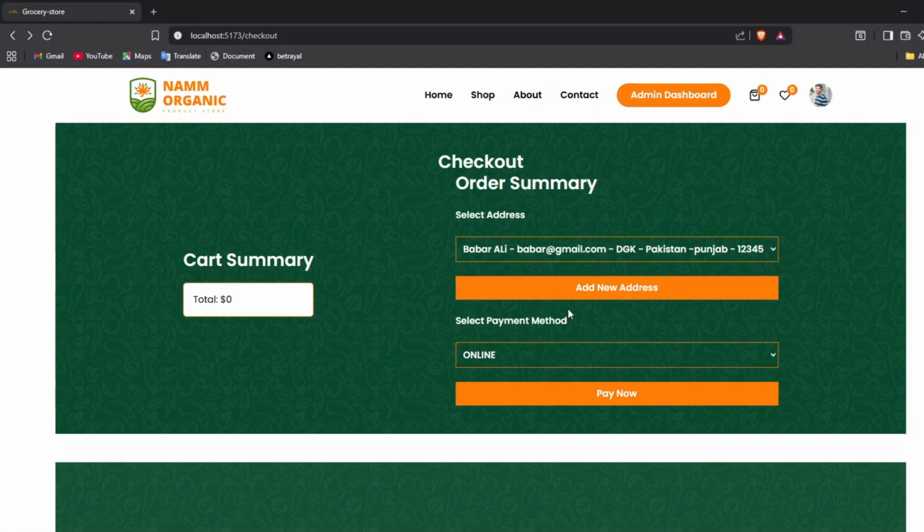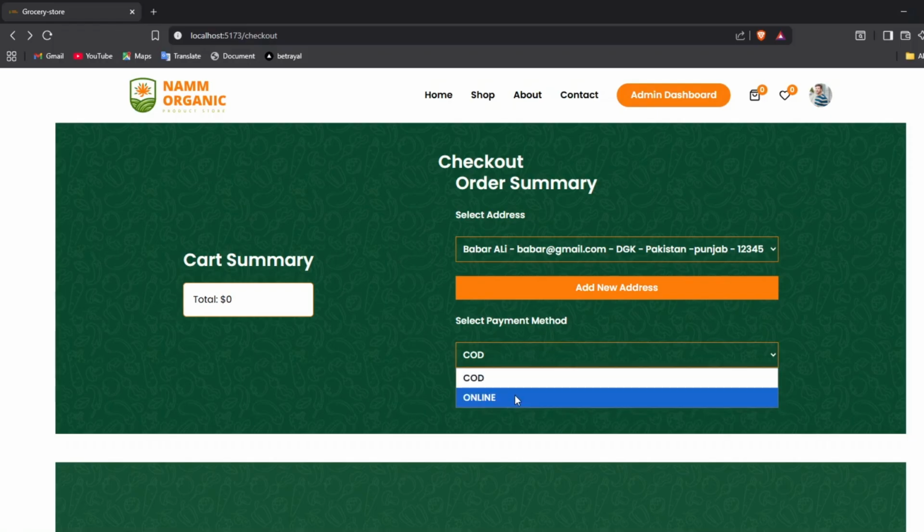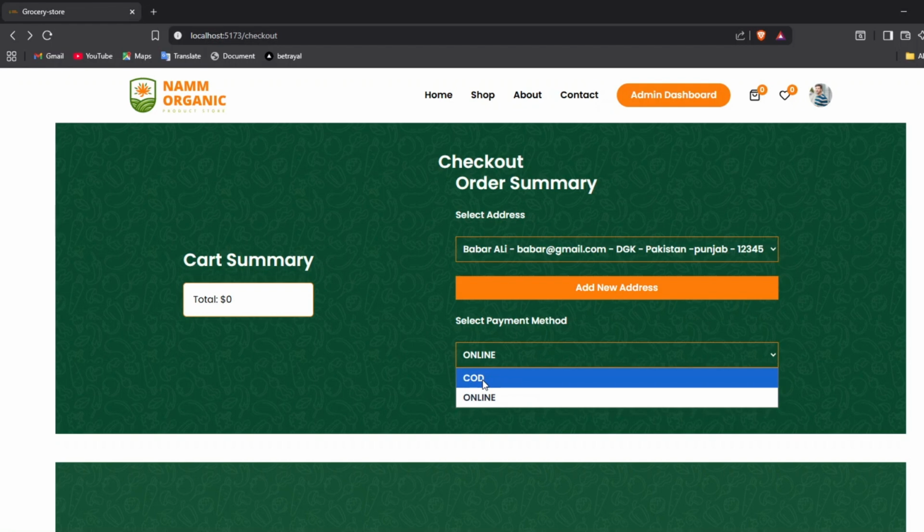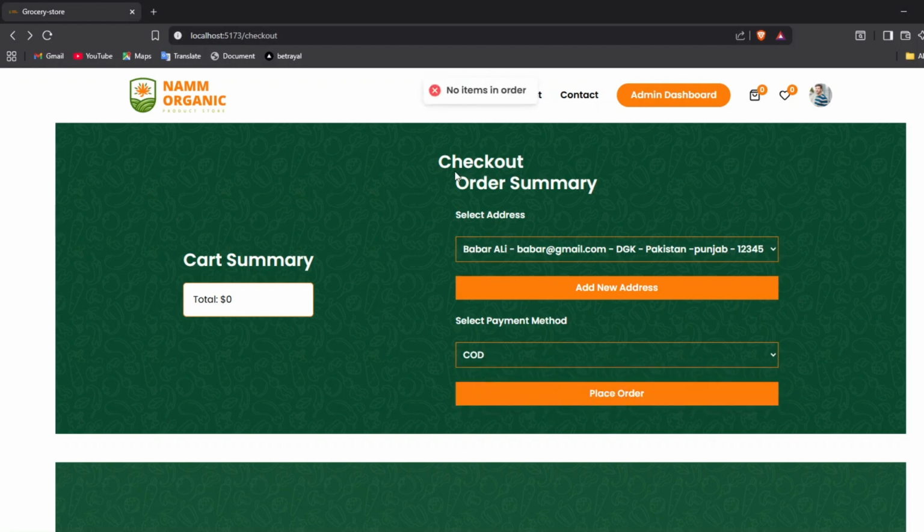Let me just open, and you can see here this COD, this is place order. If I click on online, this is pay now. So I will use COD, and this is our address. If I click on this place order, you can see "no items in order" because we don't have any item